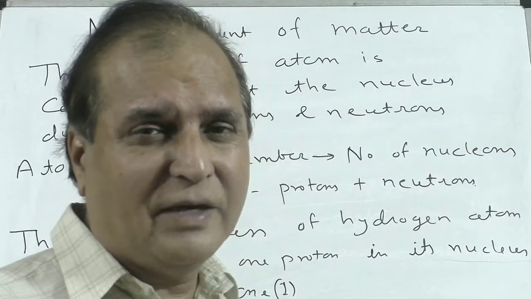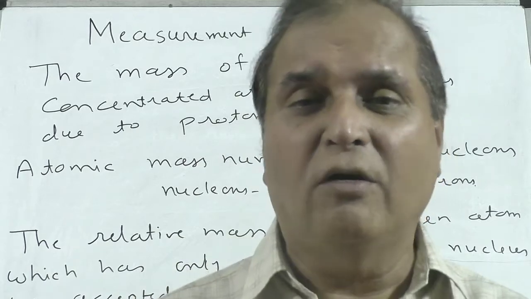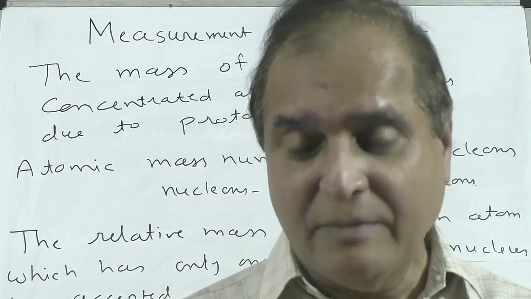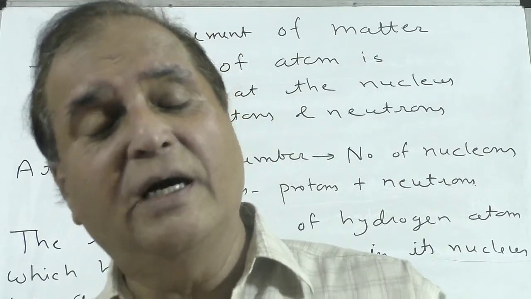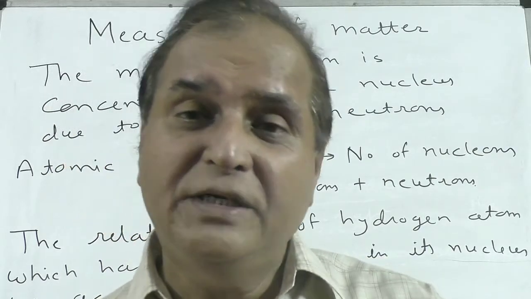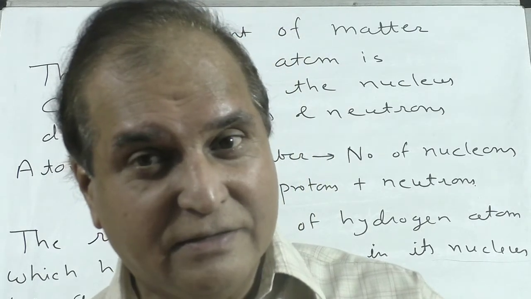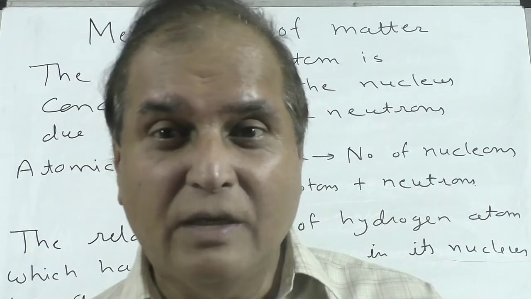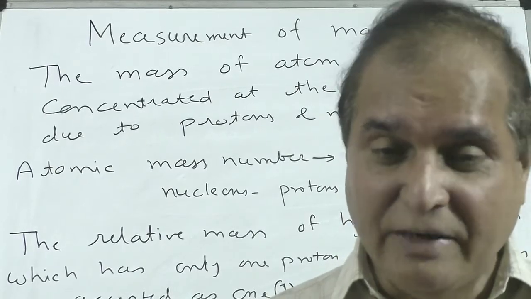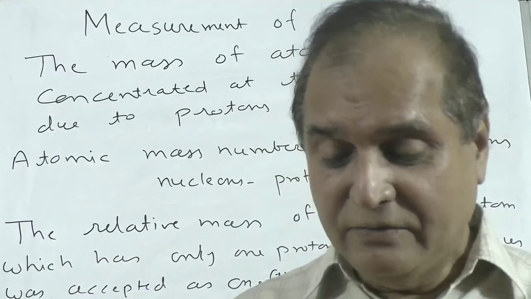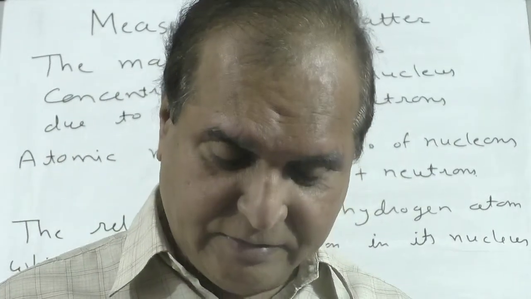They are taken as 1 for reference. Getting? Because actually the mass is so small, we have to take some reference. Like you go to a shop to buy 5 kg sugar. How do you know it's 5 kg? Because 1 kg is standardized as a reference, and compared to 1 kg, that is 5 kg. Understand? So some reference is necessary. So for reference, we have taken the concept of relative atomic mass.